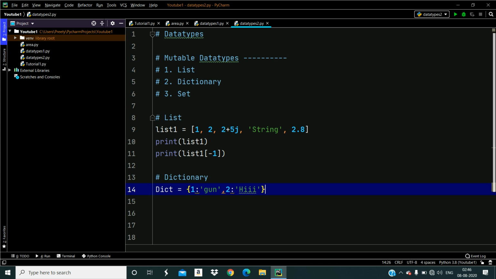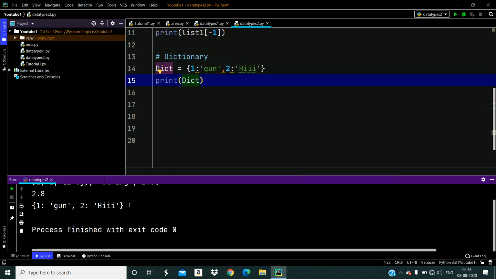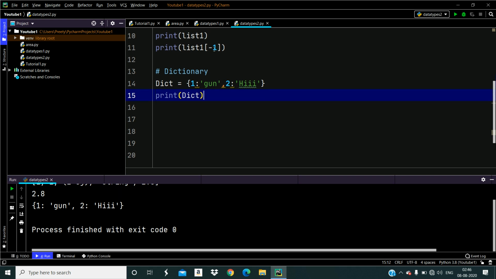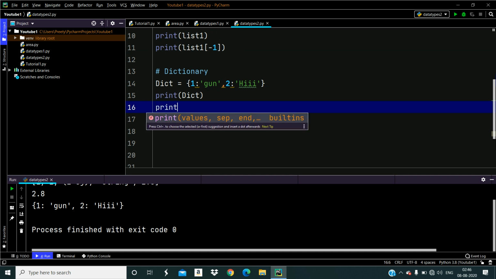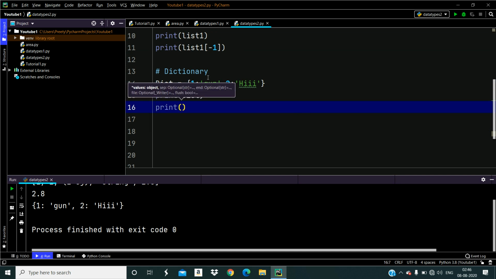See, this is a dictionary, right? Now we'll just say print dict. Okay, print dict. Now see what happens. What did you get? You got a dictionary. Now, as in a list, you access the value using an index. Here you will access the values using the keys. Here the keys are